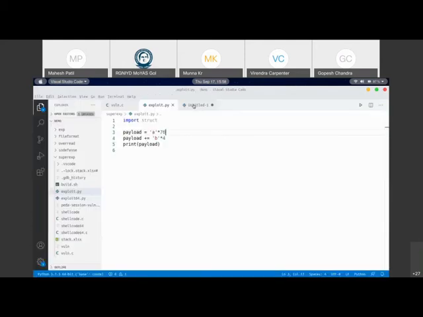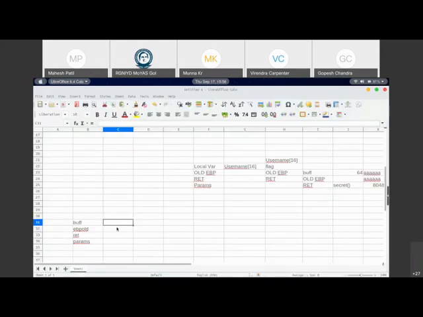So what is the buffer size in our case? You see that to reach the return address, you should have at least 76 bytes of data. It means from here to here is nothing but 76 bytes of data. And after 76 bytes, whatever you put is going to be the return address. So what we want is to put our shell code in this buffer. I will just enlarge this buffer so that it's easy for us to understand. So this is that buffer actually, right?